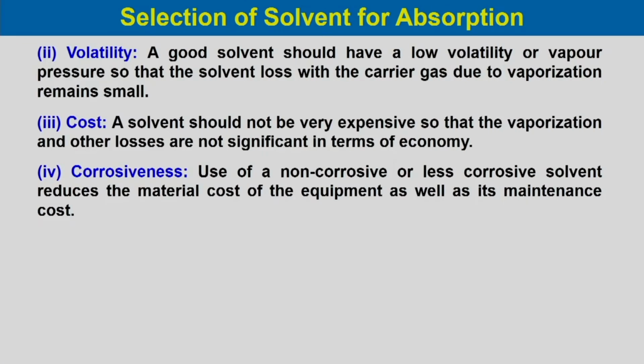But if it corrodes, like hydrogen sulfide, if it is present in appreciable quantity in amine solvent, then it corrodes the mild steel arrangement, so carbon steel, if we use. So, material of construction is important in case of amine solvent and hydrogen sulfide gas. In that case we have to use expensive stainless steel material, which will increase the overall cost of the plant. So, corrosiveness of the solvent is very important.